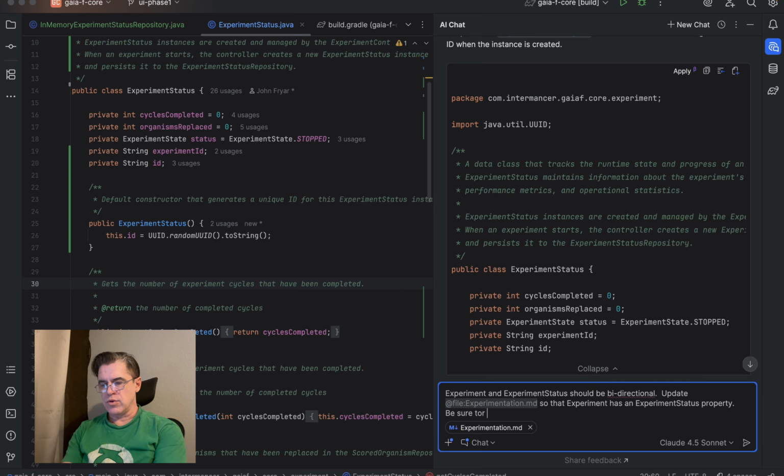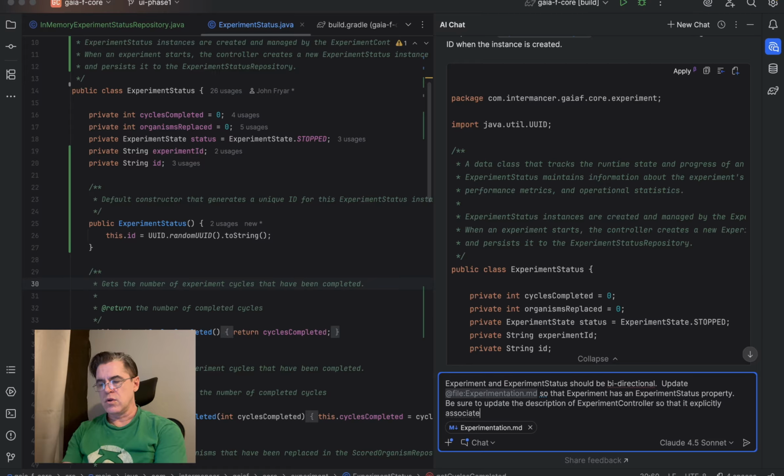Be sure to update the description of experiment controller so that it explicitly associates an experiment and